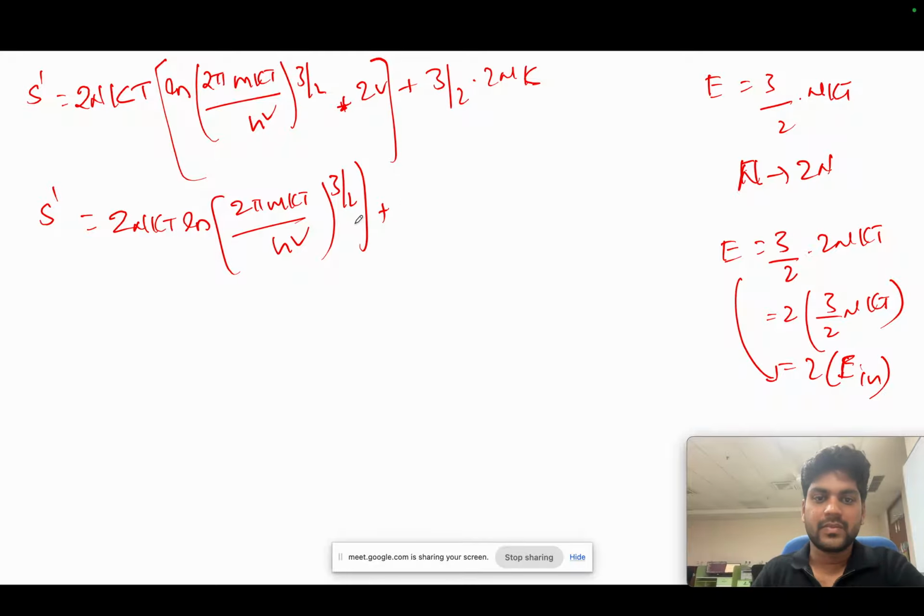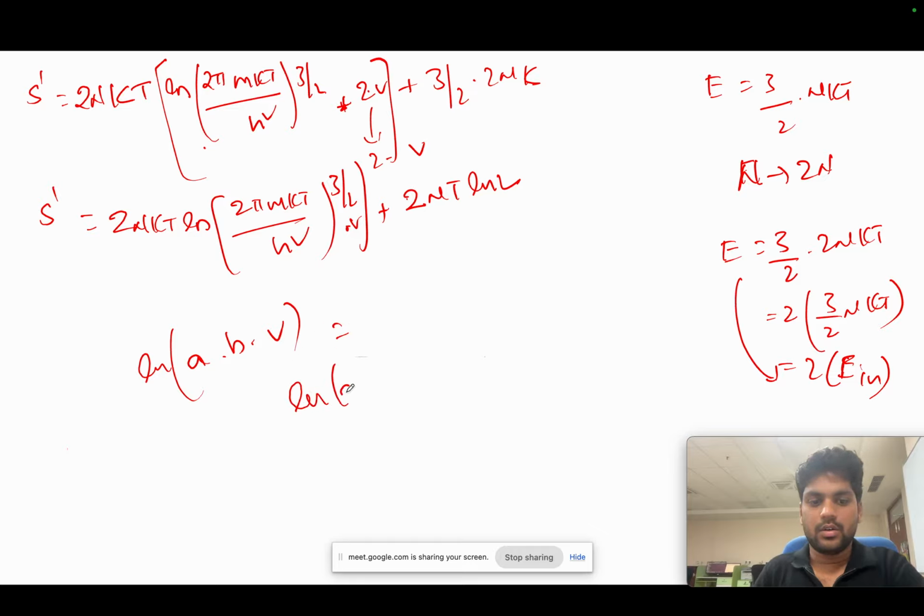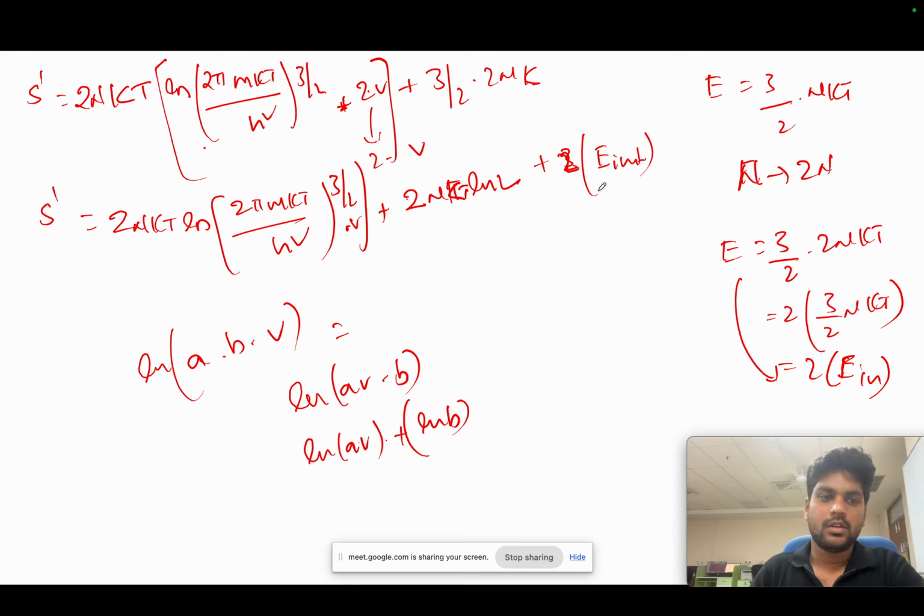Into V plus 2NkT ln 2, I divided this 2V into 2 into V. Here it is ln of, this is A, 2 as B, V as C, so now I have taken ln of AV into B, so now it will be ln AV plus ln B. I have taken this all together and 2NkT ln 2 separately, plus we have two times E initial. So now the S will be like this, if I take 2 common out of this,